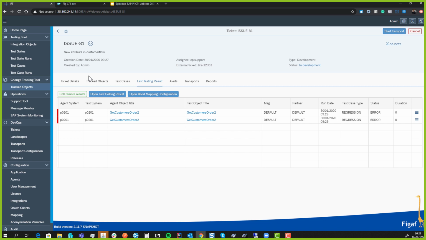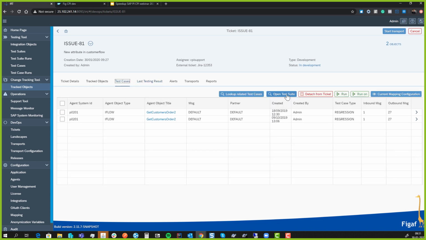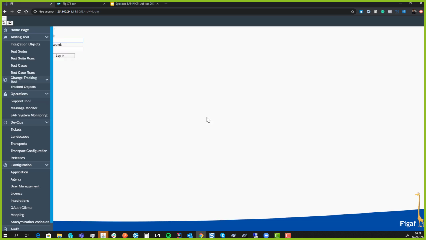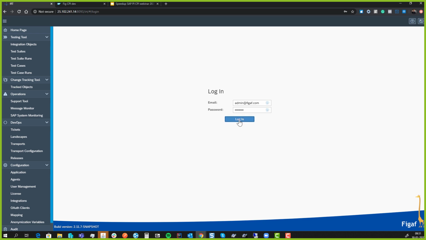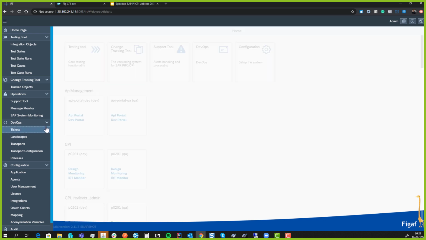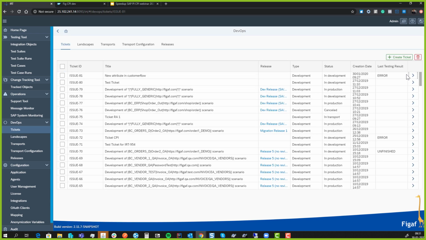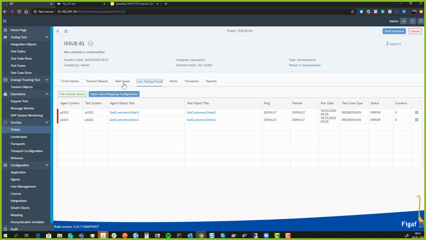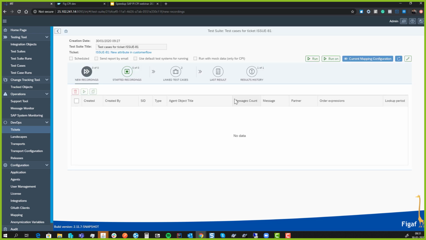So we have a couple of different options to send and test these things. If we go here, we can open our test suite. We can send with mock data, and that's really useful. For all of these different test suites we have, we can send it with mock data, and the way that works is it will